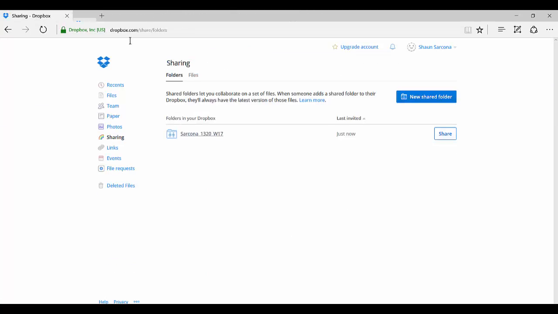And I definitely recommend using Dropbox. I'm a Google guy, and I love using Google products. But for what we're doing with this, it works perfectly, and I've used it semester after semester, and it's pretty flawless. The only issue you may have is if you shut your computer off right after you save something to